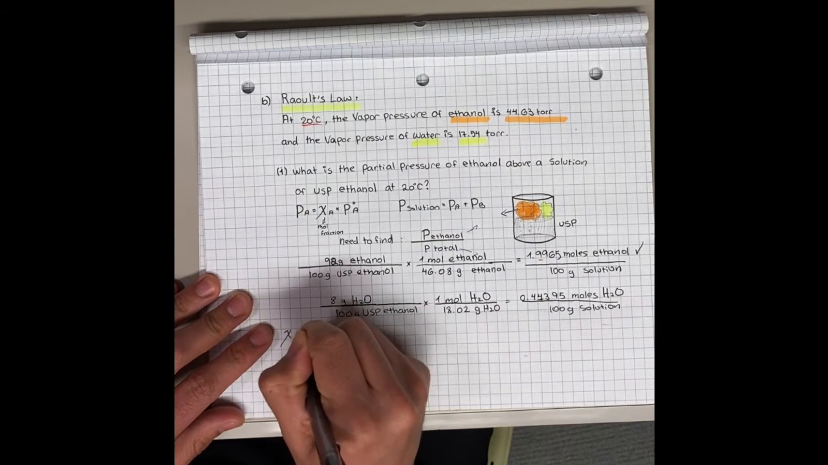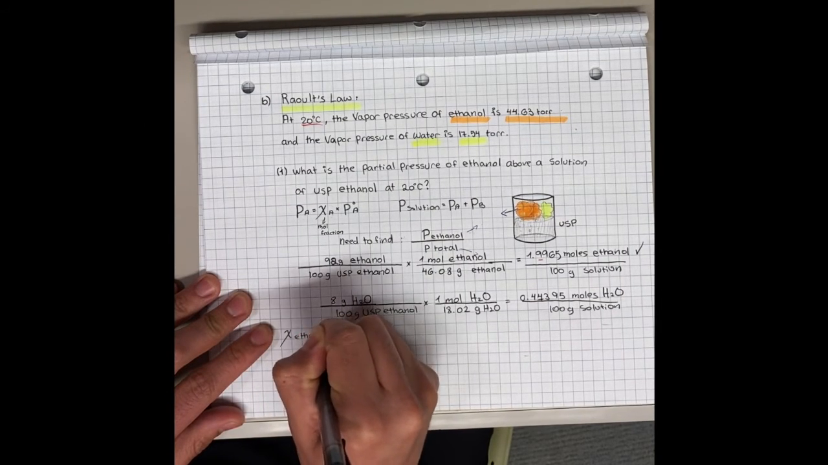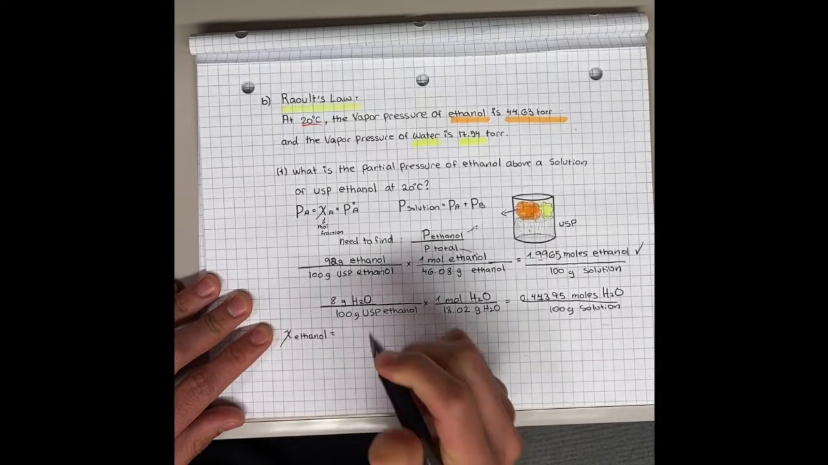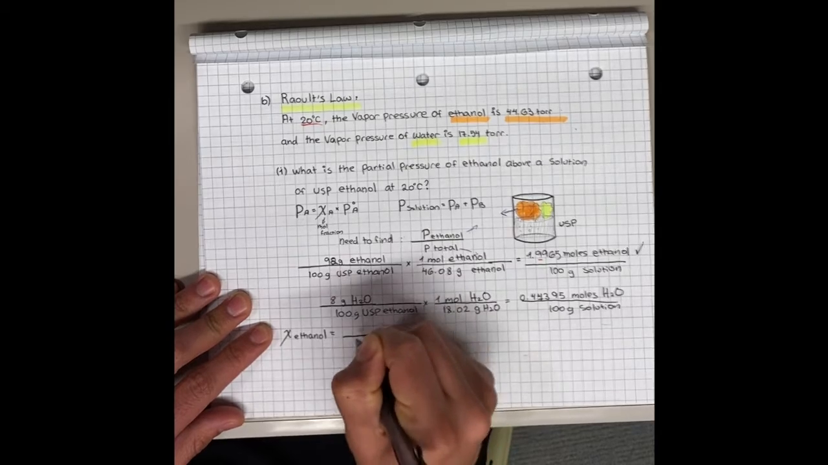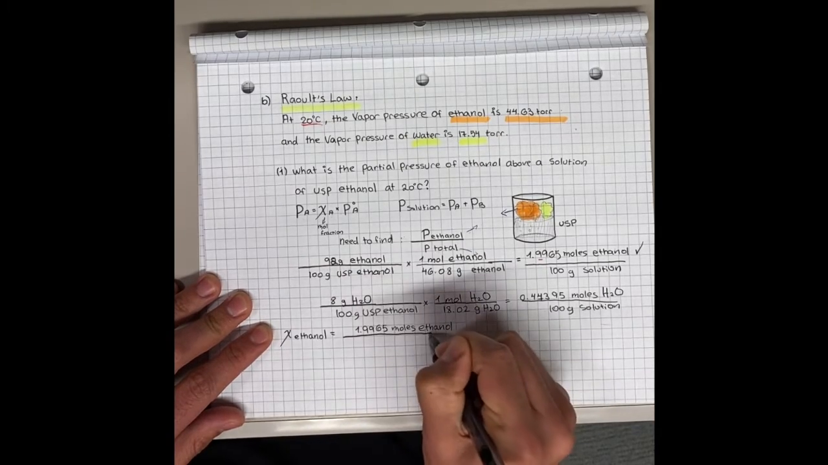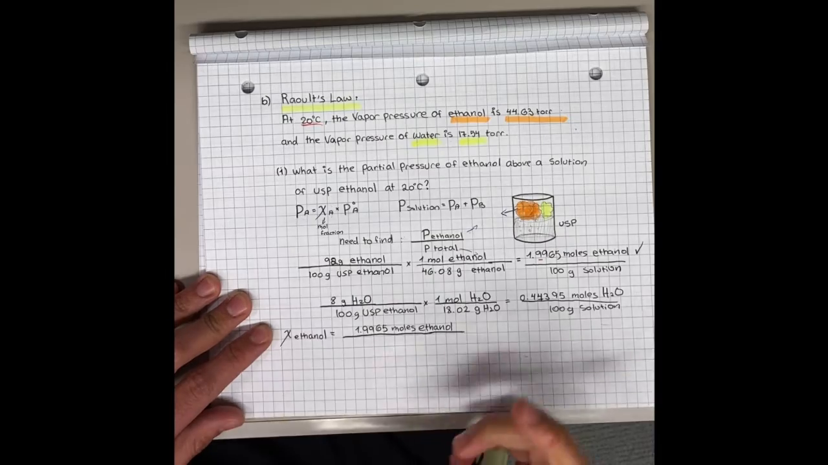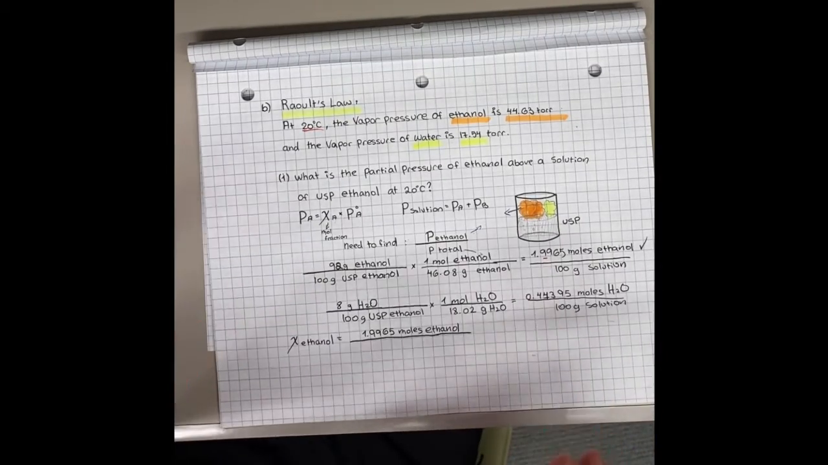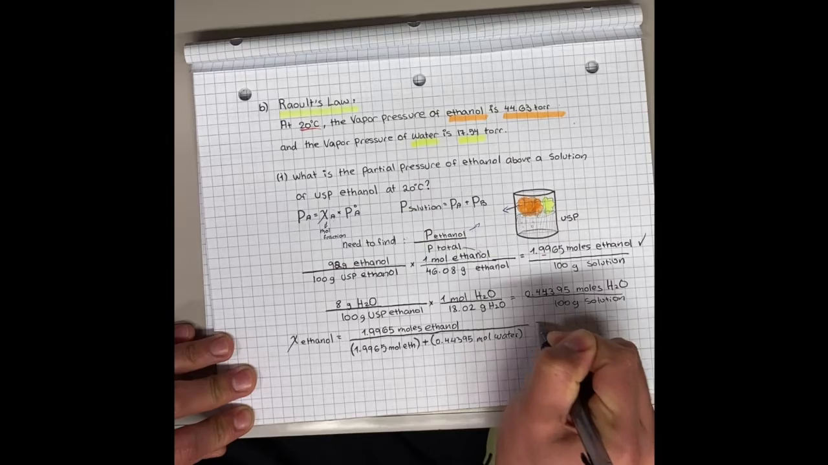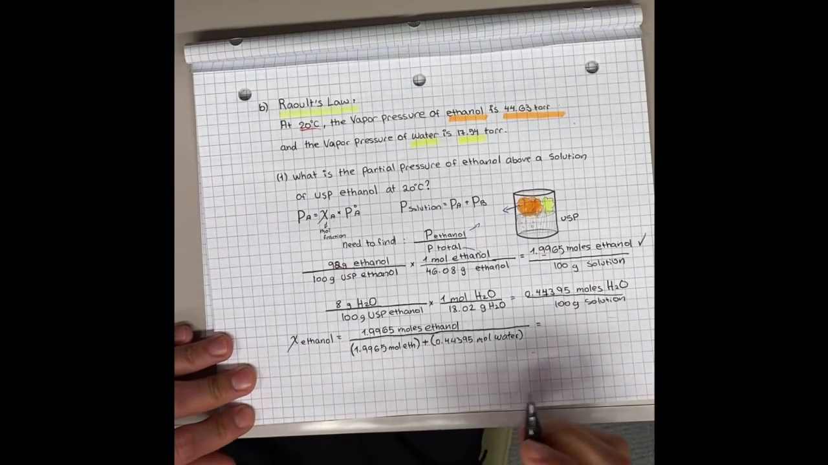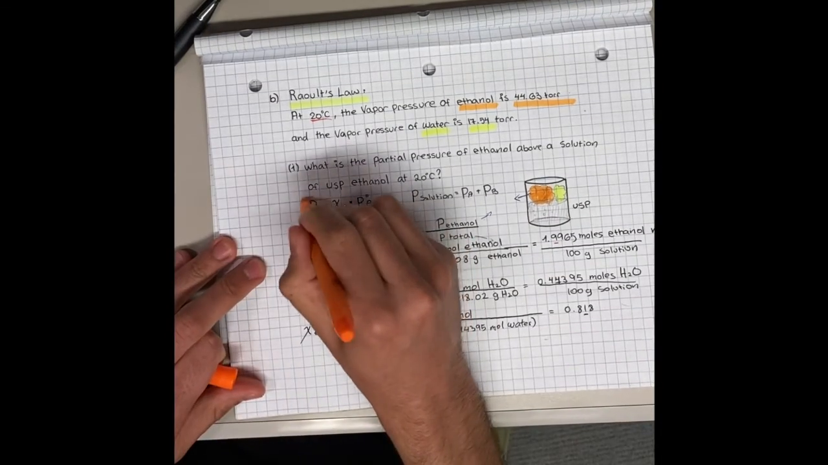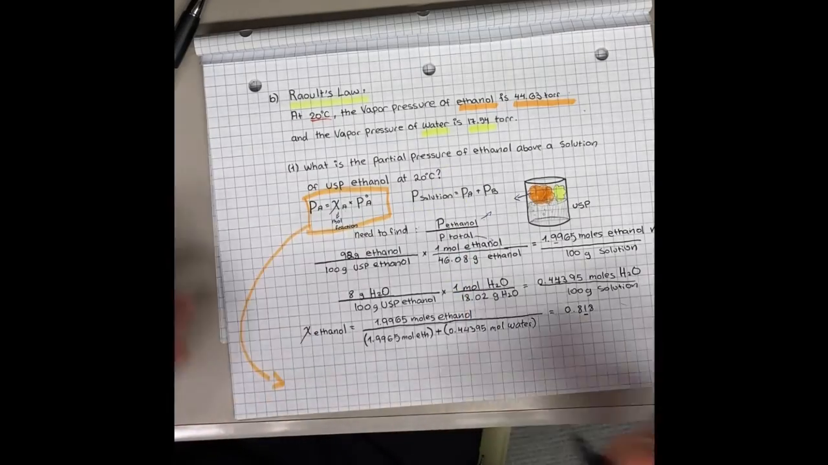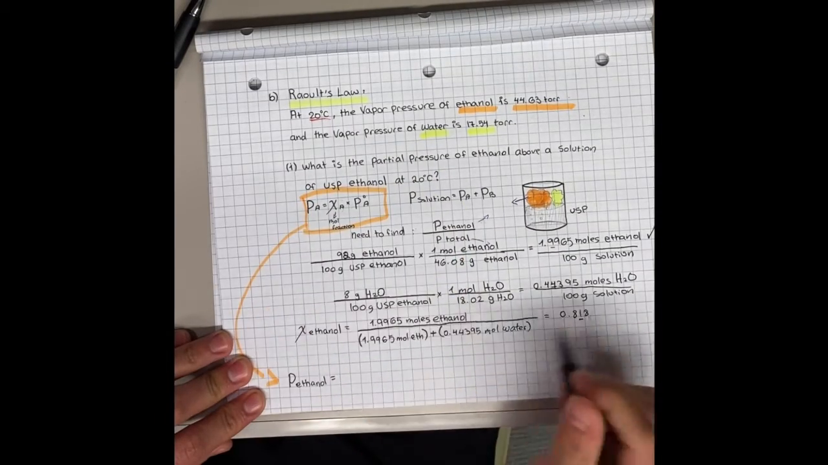The mole fraction of ethanol equals the number of moles that I have of ethanol over the total number of moles in the solution. So that gives me that the mole fraction of ethanol is 0.818. Back to Raoult's law, which tells me that the partial pressure of ethanol equals the mole fraction times